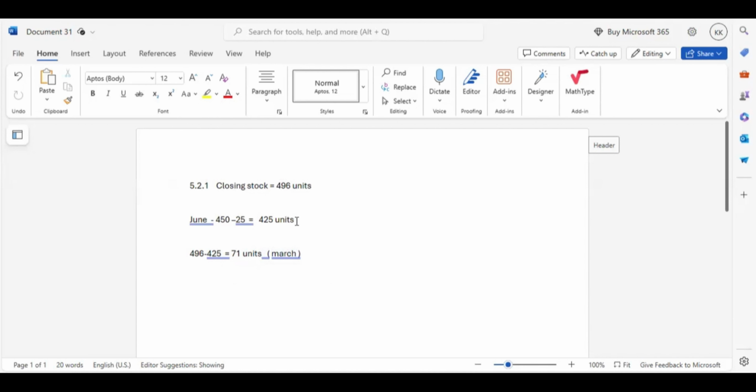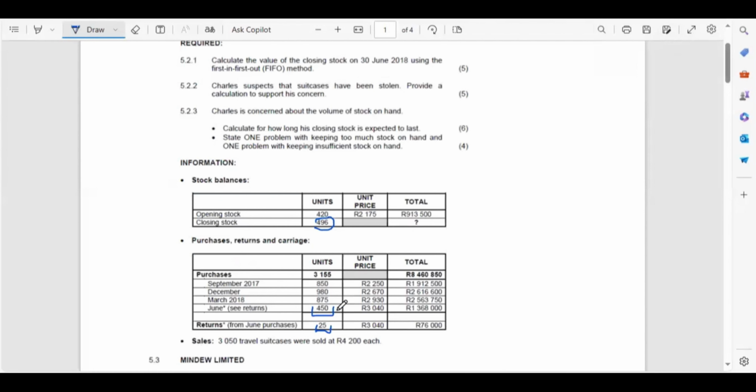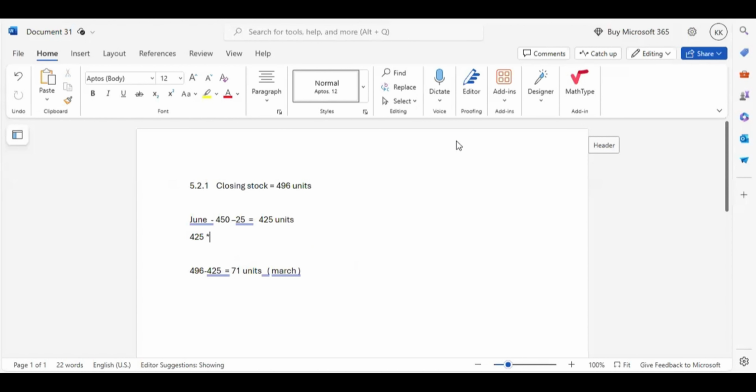Now we're going to calculate the cost. For the 425 units we use the unit price from June. So here we're going to say 425 multiplied by how much? The unit price in June was 3,040. So 425 multiplied by 3,040 is going to be equal to